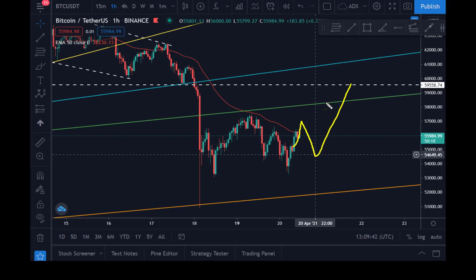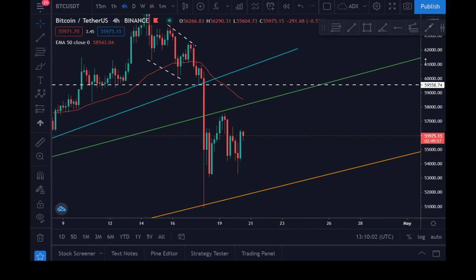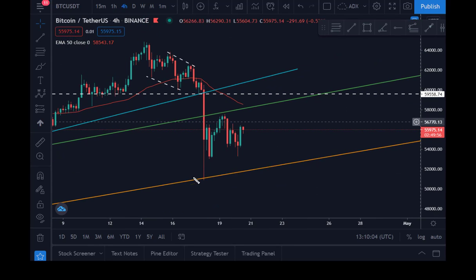It might not really be the bull run though. Let's take a look from the 4 hours. Let's see what we're expecting. Yesterday we expected this way. This is an impulse. You make a correction here. From the 4 hours, you can see the correction is not yet over. Then we make another impulse up.